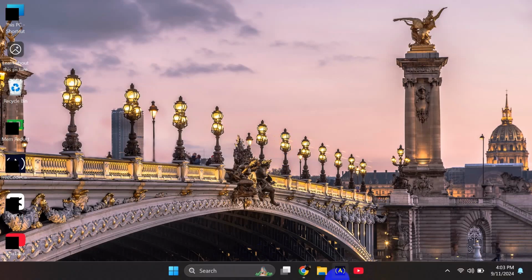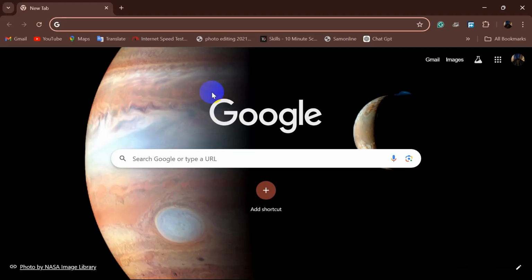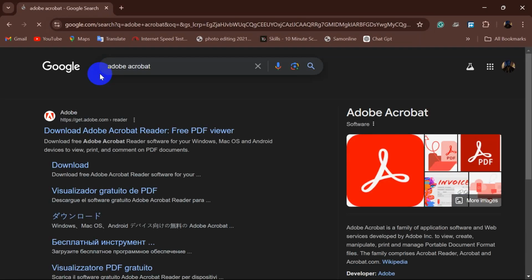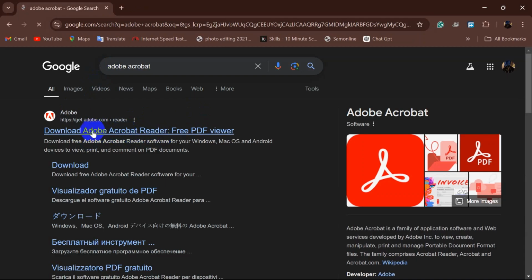So first we will go to our Google Chrome browser and then come over to this search option over here, and then we will search for Adobe Acrobat. Click on that, and after that you will get the first link from Adobe. So click on download Adobe Acrobat Reader,